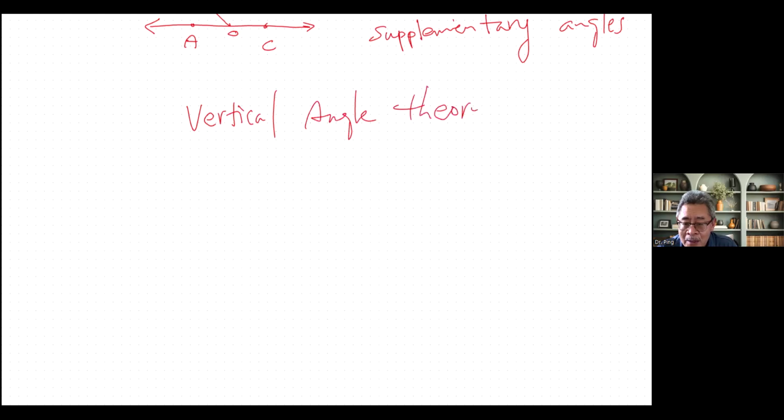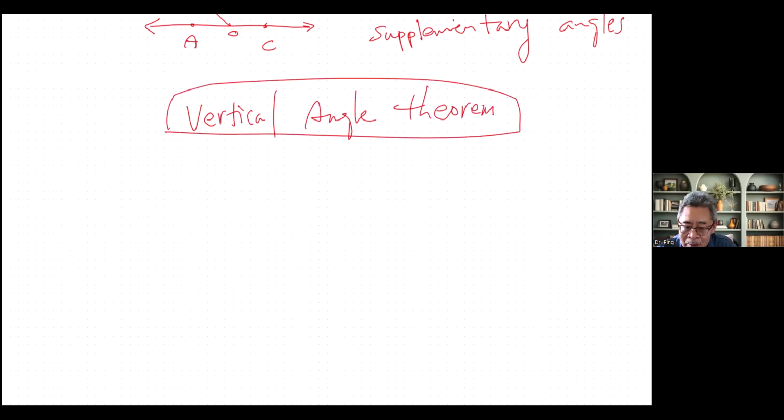Okay, now theorem just means it's something that is true. It's a statement. We call that a statement. We just say this is this, and if it's true, then that statement we call a theorem. Okay, so the vertical angle theorem says that